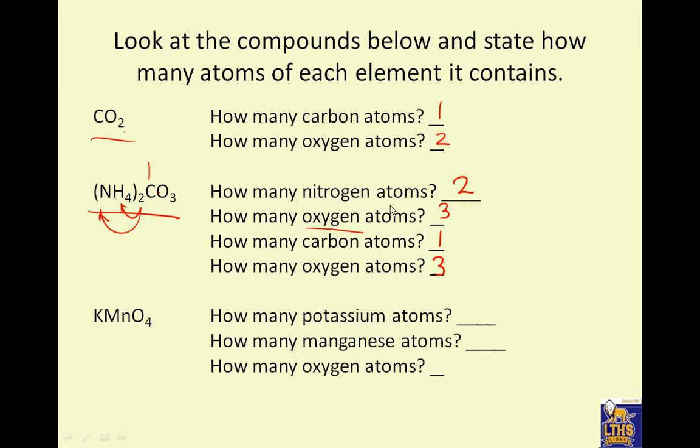3. Which one did I forget to count? Hydrogen. All right, so let's go and check hydrogen. 4 of them right there, 4 H's. But there's a 2 outside, so that multiplies it by 2, so there's actually 8 hydrogen atoms. Okay, potassium, 1, manganese, 1. Oxygen, 4. You have to be able to count atoms because we got to make sure that they're